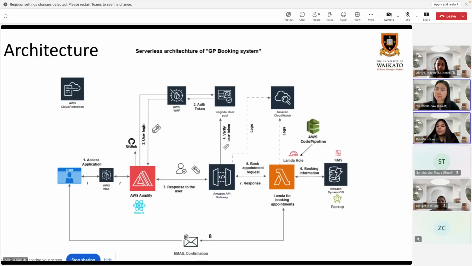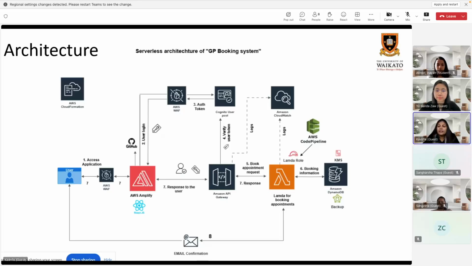The front end built with React is served to users via AWS Amplify. The system checks user credentials using AWS Cognito. Once authenticated, requests are routed through API Gateway. API Gateway triggers Lambda, which verifies the user's JWT token with Cognito and processes the request. Lambda then interacts with DynamoDB to read or write data, returning the response through API Gateway back to the user's